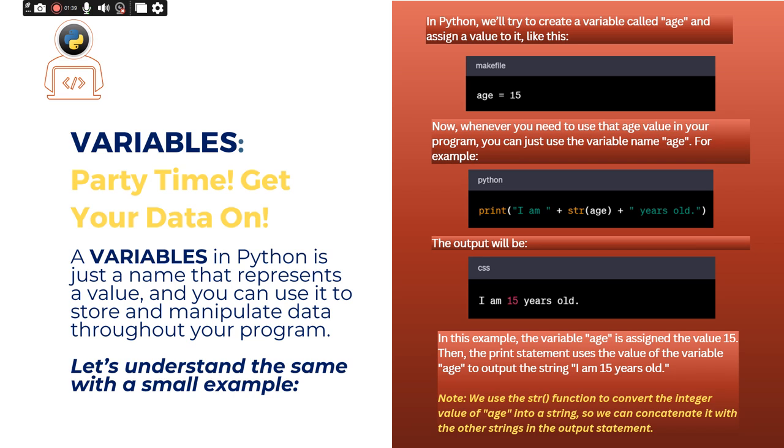So string, which is age, years old. So the output will be I am 15 years old. In this example, the variable age is assigned to the value